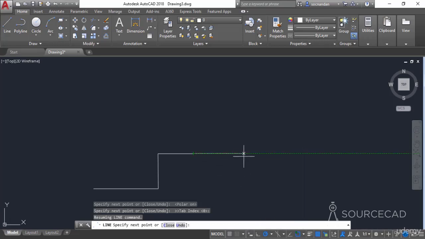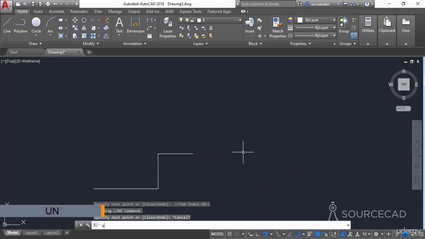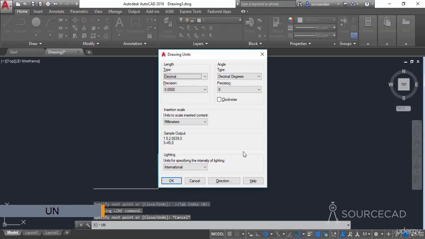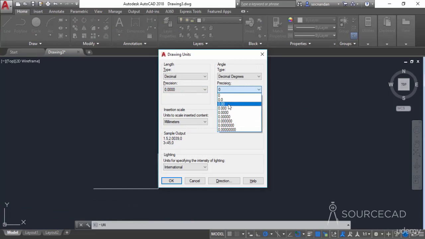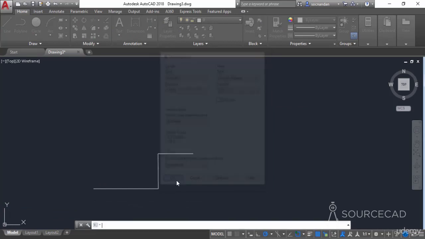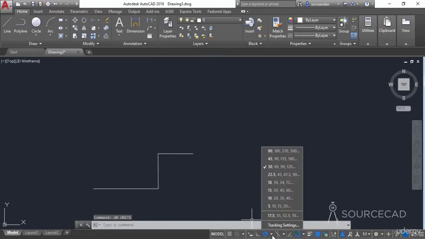So I'll change that value. For that, I'll press the escape key and type UN for units. We have already seen this drawing units window. From here, you can see that the precision for angle is set to 0. Let's change it to 2 decimal places. Click on OK. Now let's look at the angle values, and here we have 17.5, 35 and its next multiples.